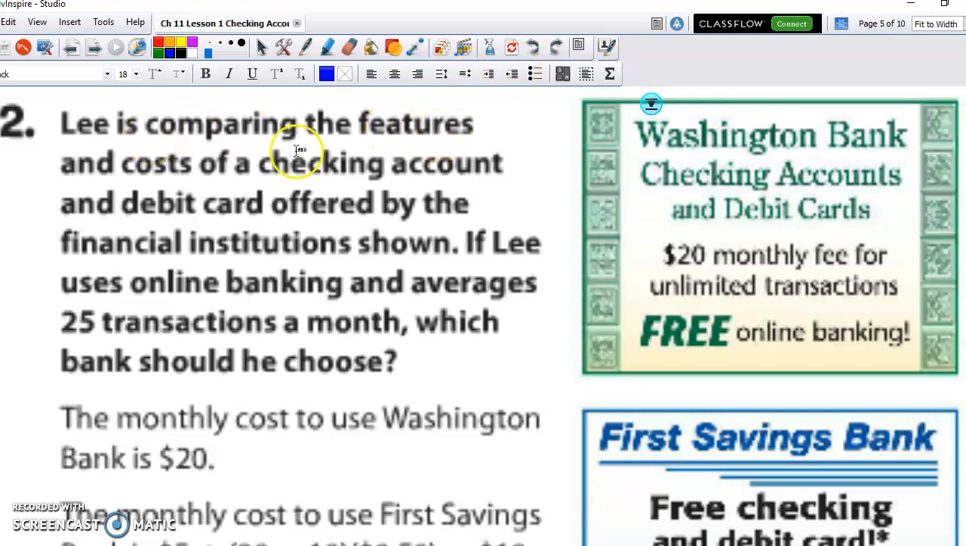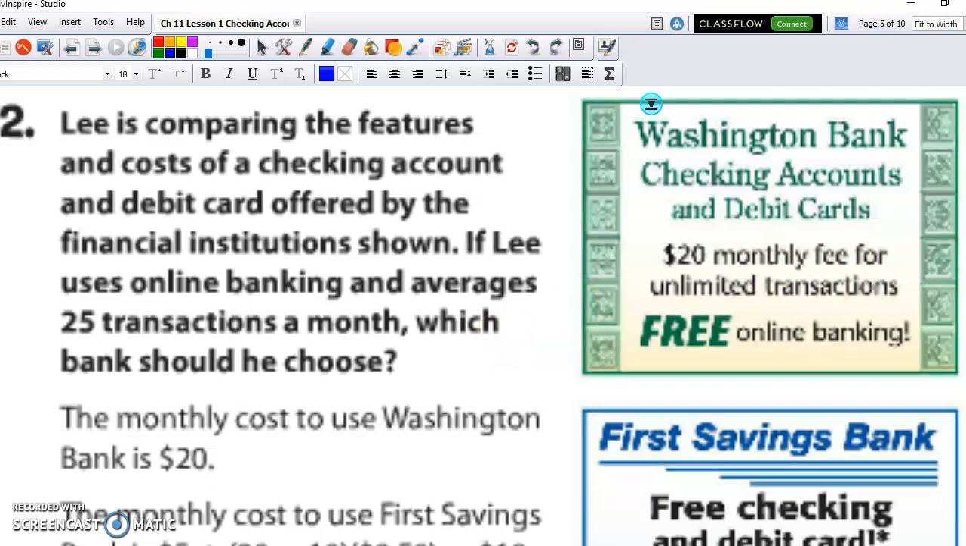Lee is comparing the features and costs of a checking account and a debit card. A debit card is just the card that takes money out of your checking account, offered by the financial institution shown. If Lee uses online banking and averages 25 transactions a month, which bank should he choose? Okay,